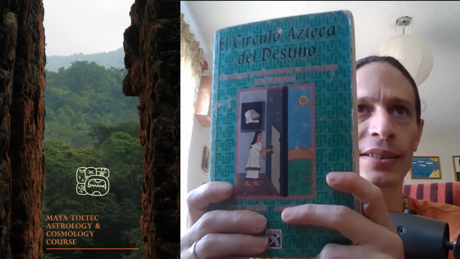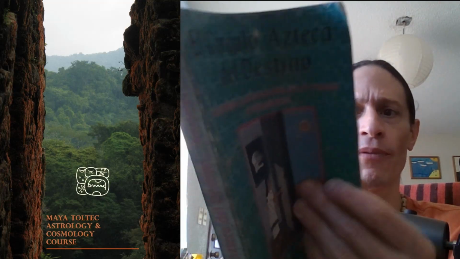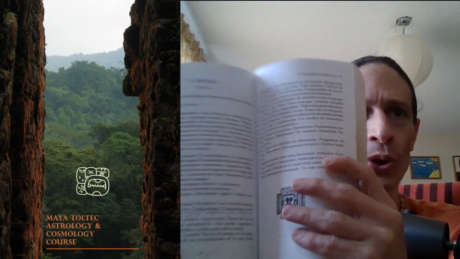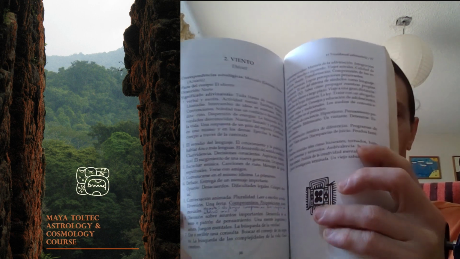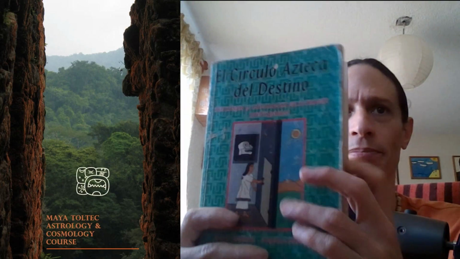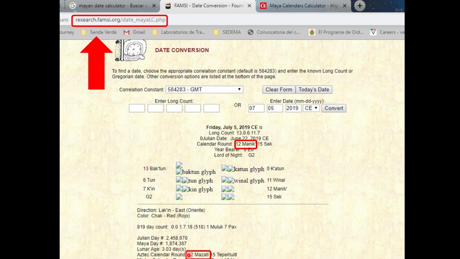It's in Spanish. El Círculo Azteca del Destino, the Aztec Circle of Destiny. So it's an investigation about everything here using the Nahuatl, Mexica signs, names, words, etc. But when they went into what count should we follow, they came to the same conclusion. There's only one reliable one. This is the one that is reliable. So anybody that's really serious about this is using this count.